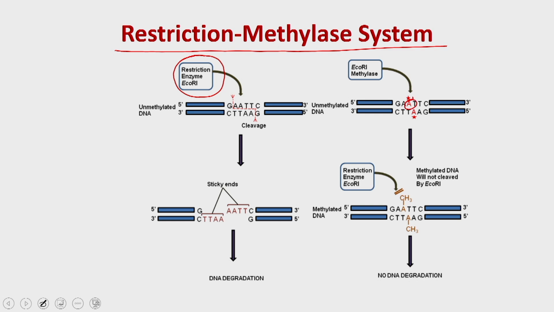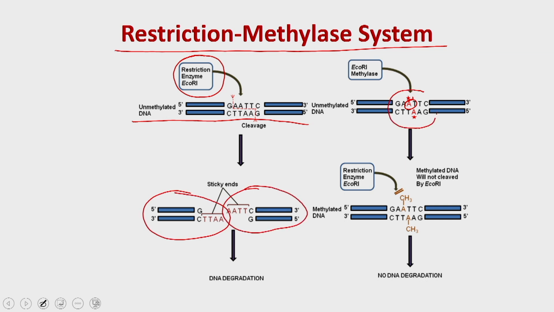So, if the adenine is non-methylated, for example, in this case both the adenine molecules are unmethylated, then the enzyme will bind to this DNA and cut it into two fragments. Whereas, if the adenine is methylated, for example, in this particular DNA, the restriction enzyme will not be able to